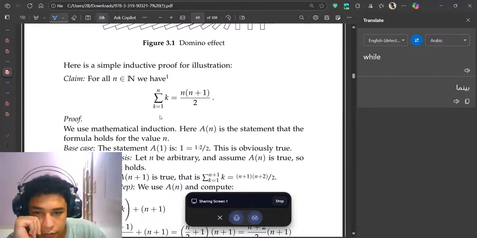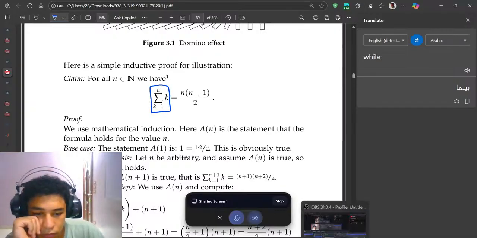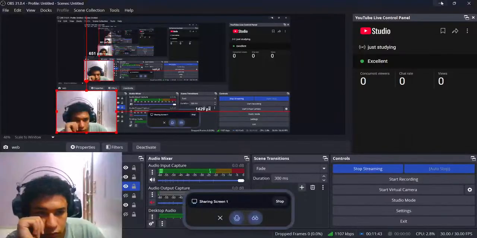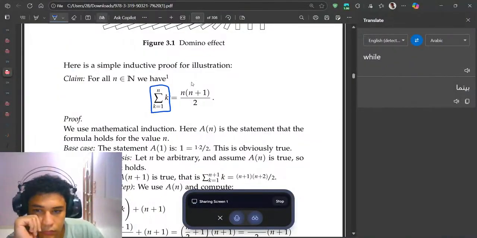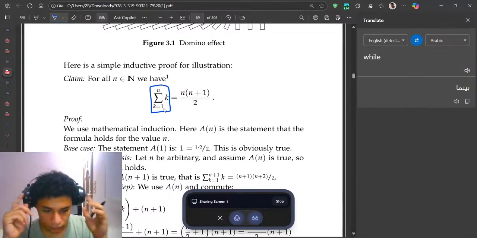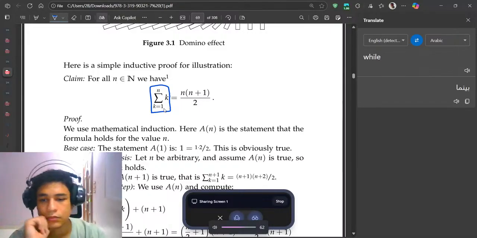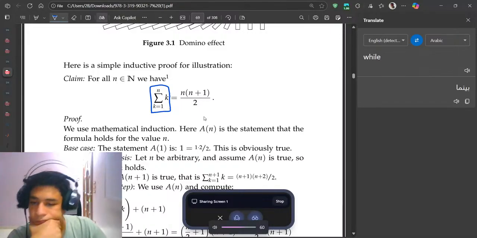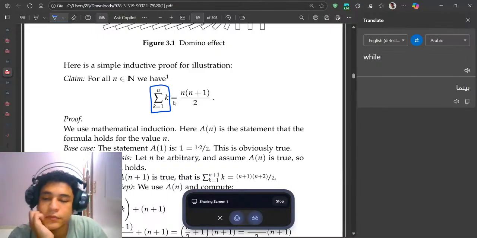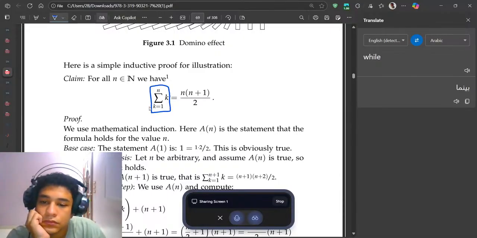Hey, I don't understand this notation right here. Can you explain it to me? Sure, it looks like you're dealing with mathematical induction. The notation here is used to prove a statement is true for all natural numbers. The claim is often about a formula that calculates a sum or a sequence. The base case establishes the formula for the initial value, usually n equals 1. Then, the inductive step assumes the formula.